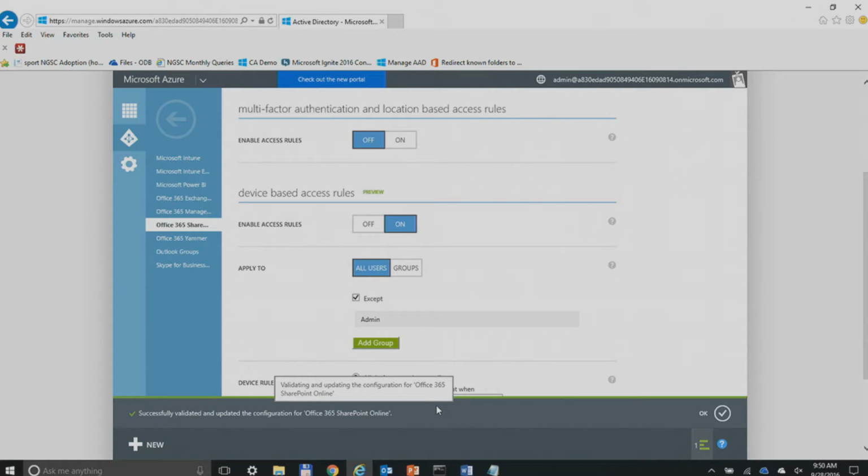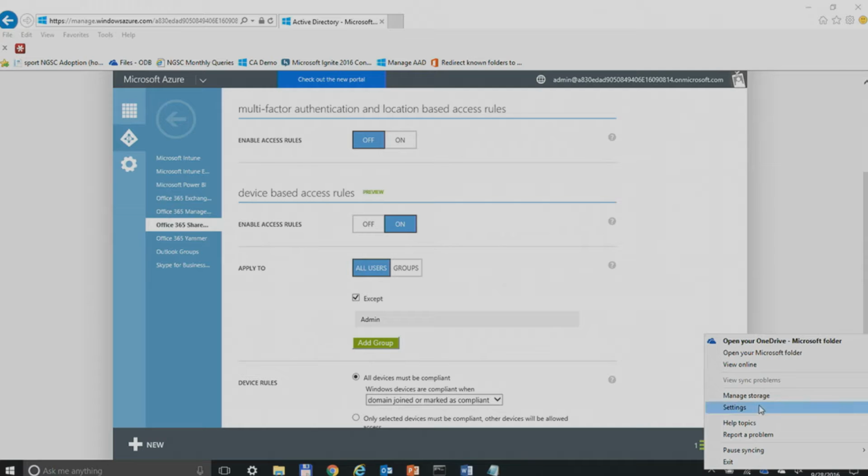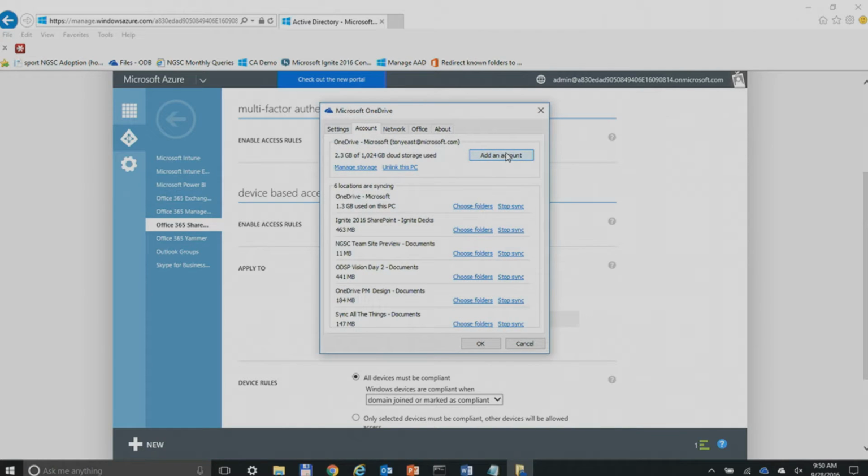All right, so now I'm going to pretend like I'm a user, and I'm going to try to sign in. And I'm going to try to sign in from this machine, which isn't actually on the Contoso domain. So this is like me at home. Okay? So let's go into settings. Let's go ahead and add an account.